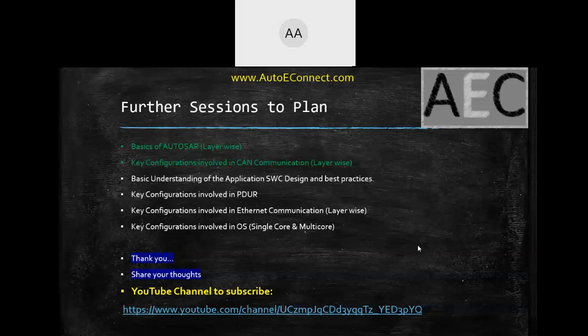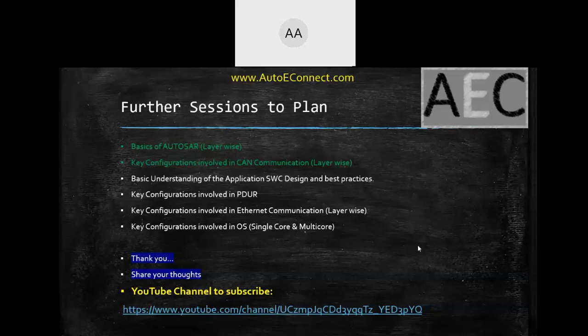If you go to the ECM configuration, you will have how your ECU sleep and wake up can be handled, and there you will be configuring different wake up sources. For example, if I have 2 CAN channels, 2 LIN channels, and 2 Ethernet channels in my ECU, for each channel I will have the wake up source configured.